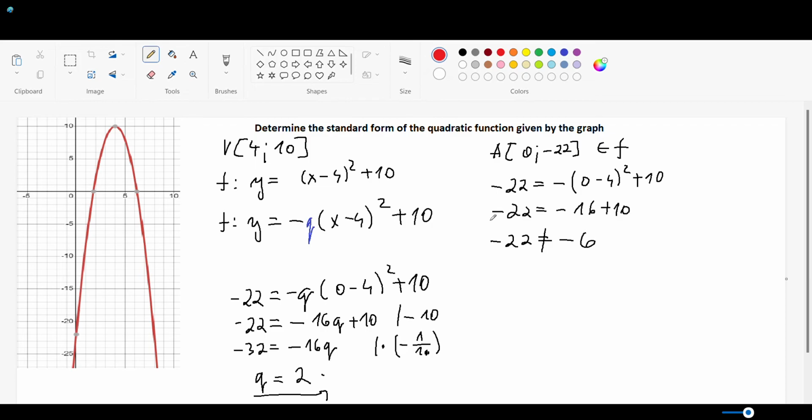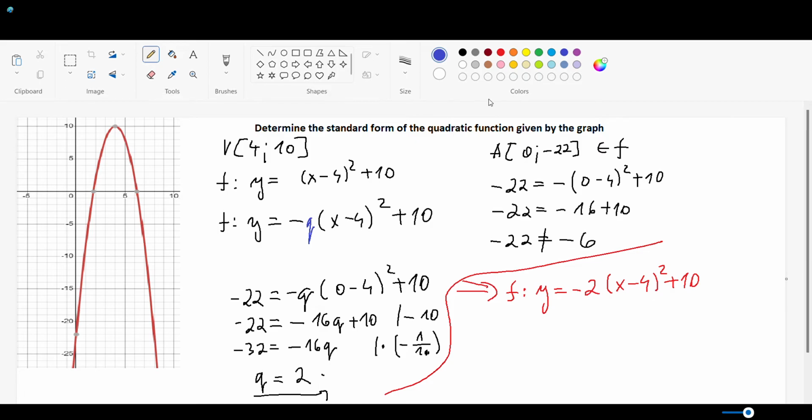Making the conclusion of all these points leads us to the definition of the function f, which must be y equals negative 2 times x minus 4 squared plus 10. This would be our final definition of function f,